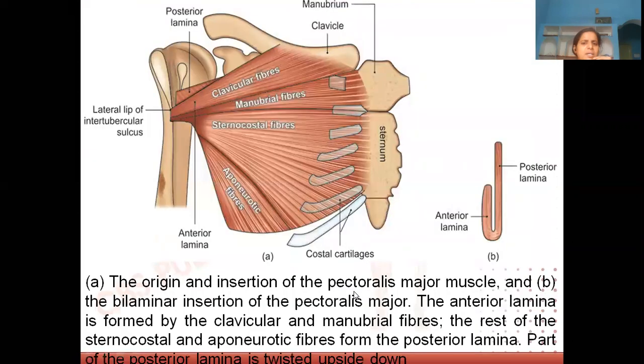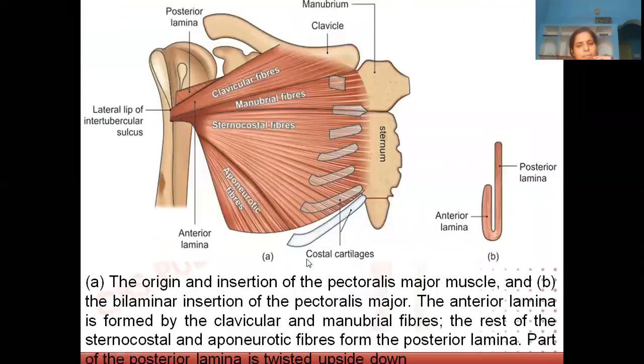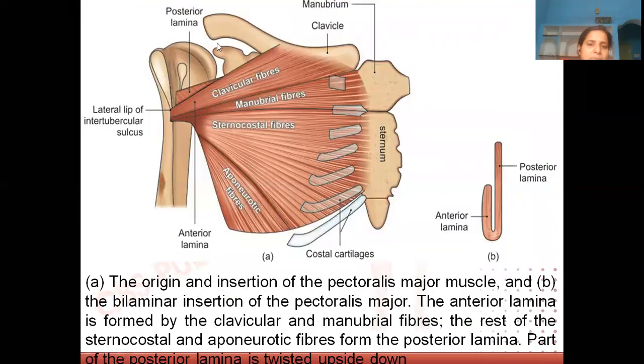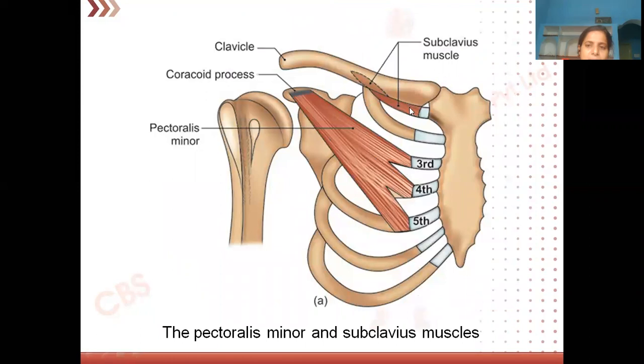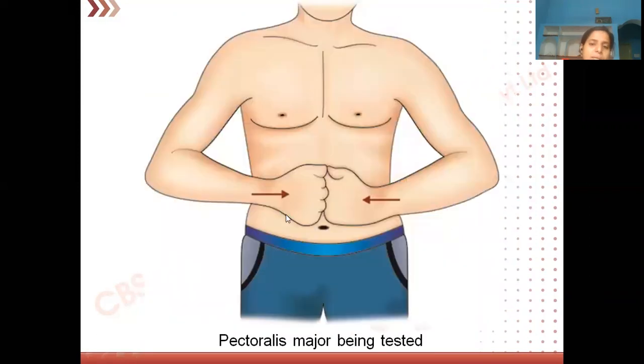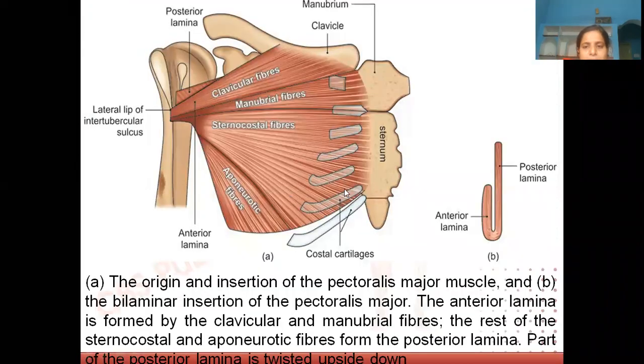Now pectoral muscle, see, these are all very small things which you can also study. I'll make a fast review of all this. In the pectoral region, what do we have? We have pectoralis major muscle, below which we have pectoralis minor muscle, and then we have subclavius, and then lateral aspect we have serratus anterior, isn't it? So try to recollect from where the pectoralis major is coming.